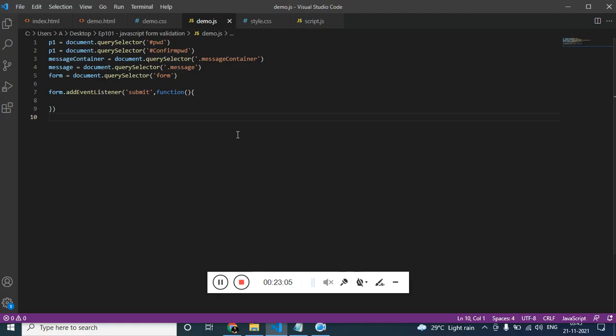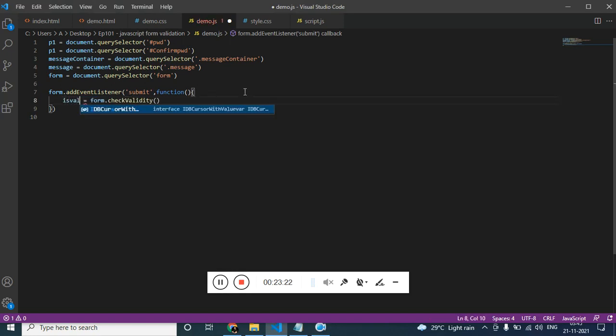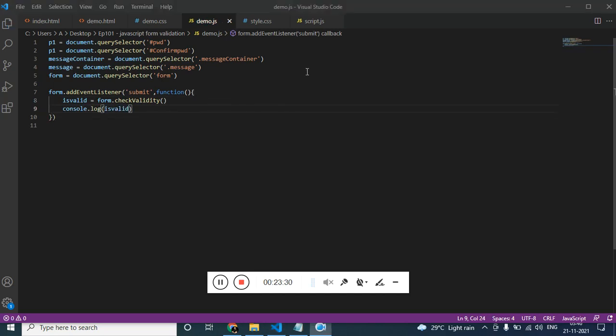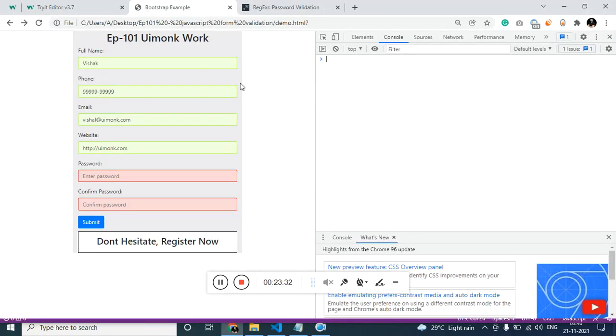For that we have a specific function which is form dot check validity, and let's store it to a variable called is valid. Let's check after submitting, console.log whether it is returning true or false.